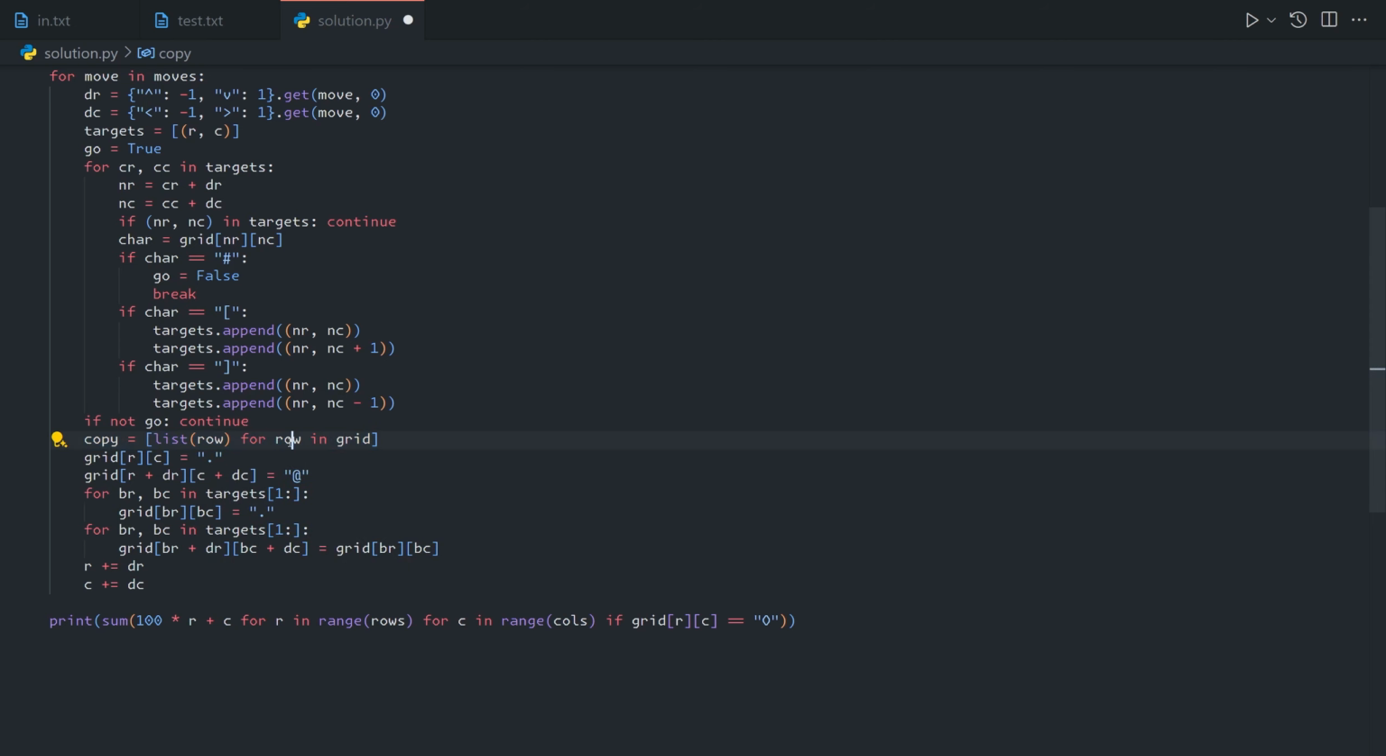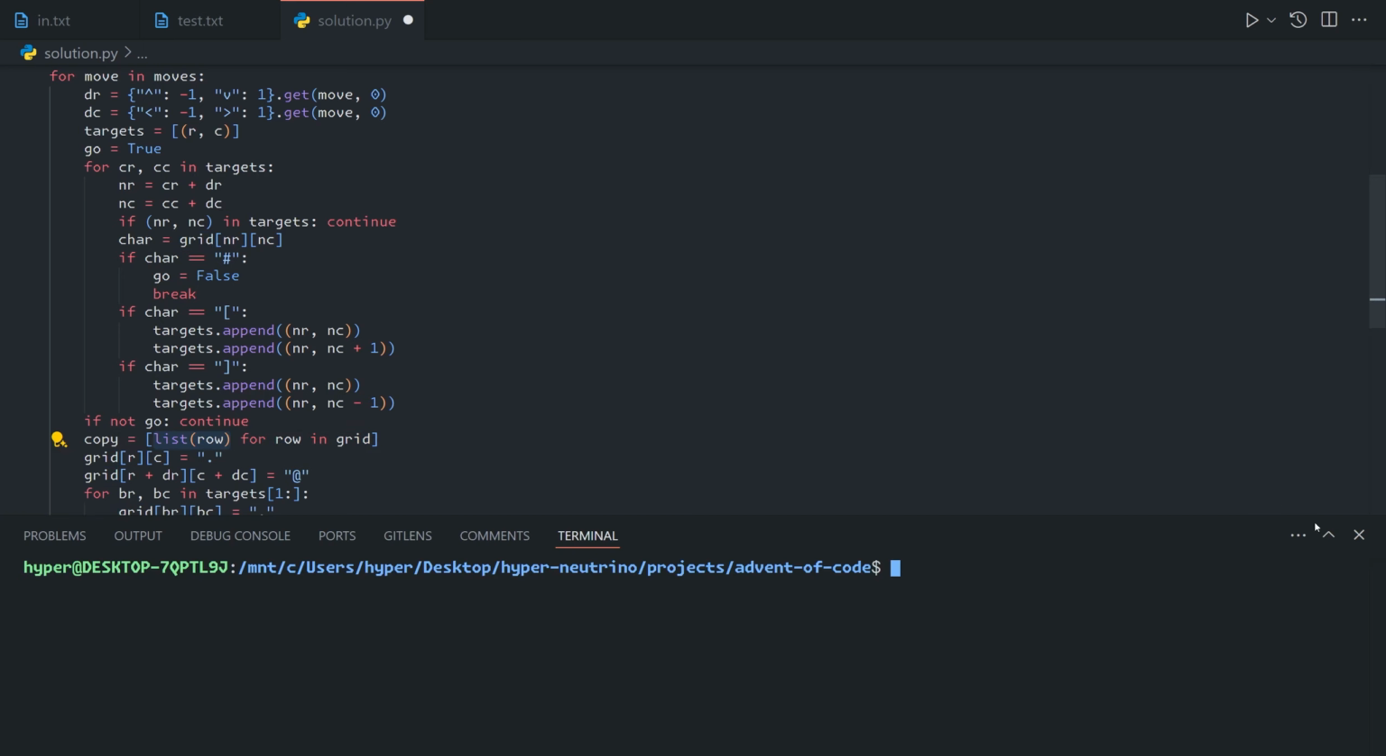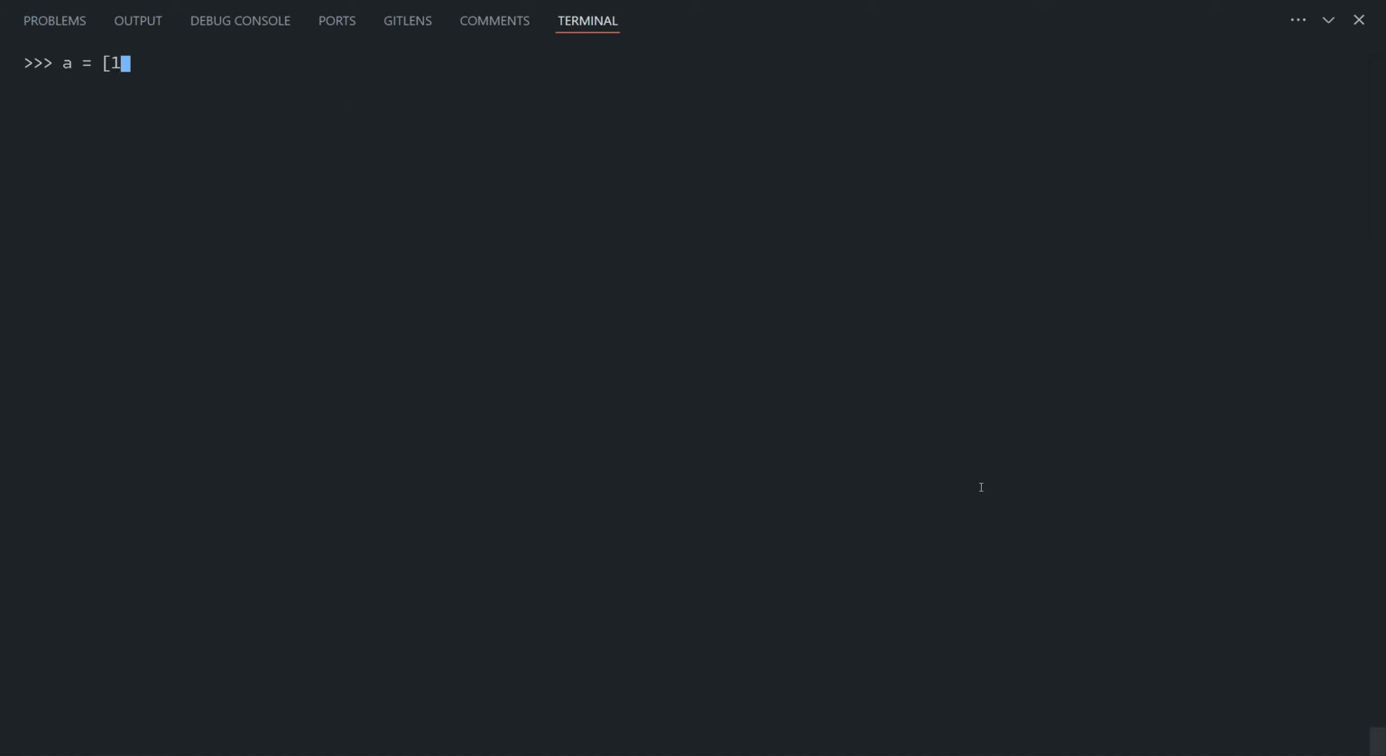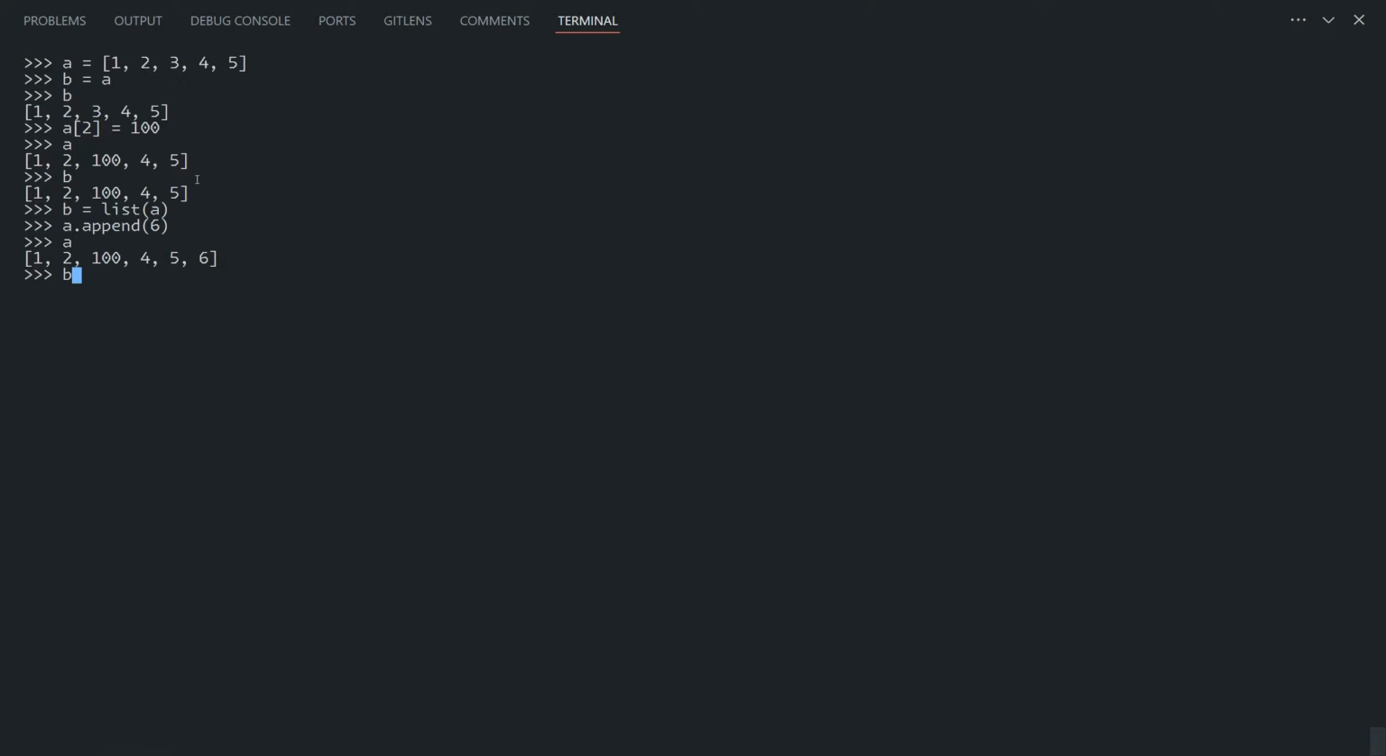This will create a shallow copy because for each row in the grid we call list, and if you call list on a list, it'll create a new one that doesn't reference the same thing. Just as a demonstration, if we have a list A and we have B pointing directly to the same reference as A, then any modifications to A will also impact B. But when you call the list function, it constructs a new list by taking each element from A, which means that if we now update A, B does not get updated because it's no longer a reference to the same